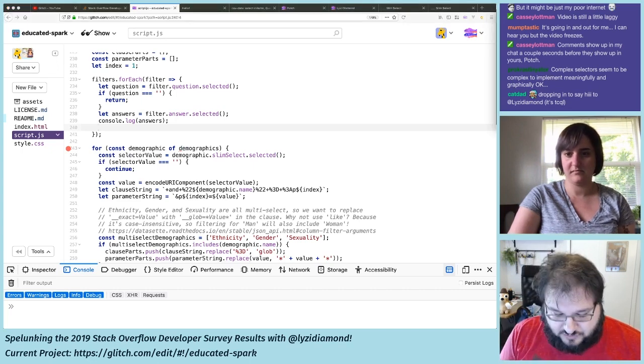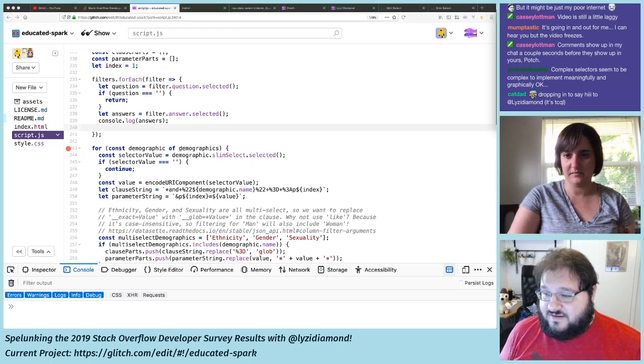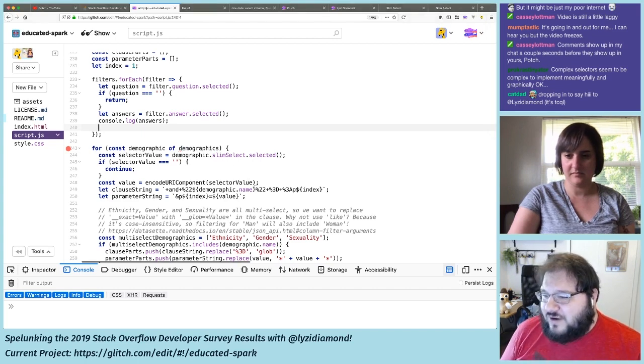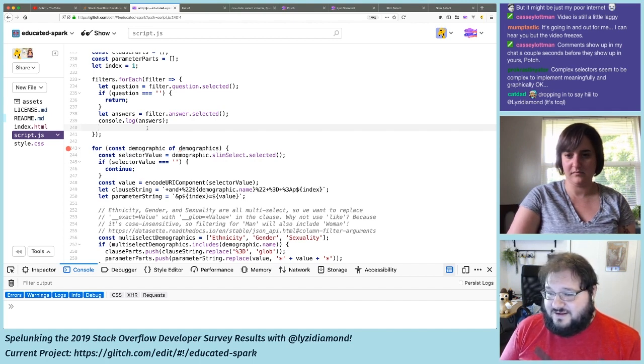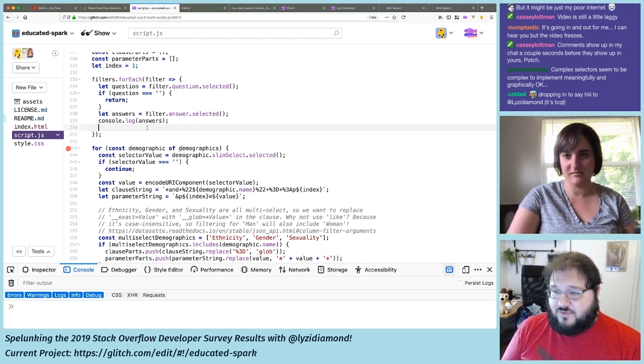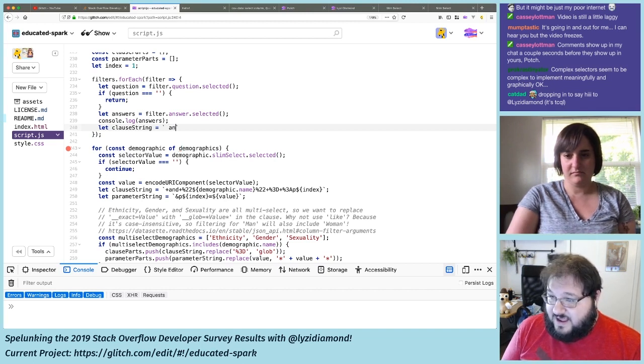So what we're going to do is construct some in clauses. They're using these weird parameters, which I think are probably helpful from a SQL query school of being secure and good. I don't know how to use them, and when I was trying to use them with an in operator yesterday, it was not working. So we're just going to drop the parameters and do the ins directly, and that seemed to work. So we're going to say let clause string equals, and we'll use backticks, and we'll say and